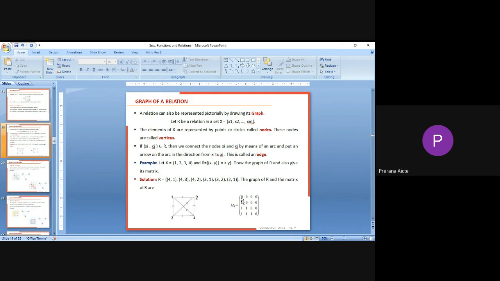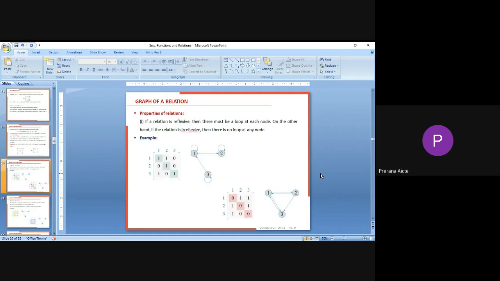First we can easily construct the relation matrix. Similarly I can construct the relation graph. For (4, 1), from 4 to 1 I can create an edge. Similarly (4, 2) and (4, 3). Coming to 3, we have (3, 2) and (3, 1), but (3, 4) will not be there. Why? Because it is not following that particular property. So like that, I can create the graph for the given relation.